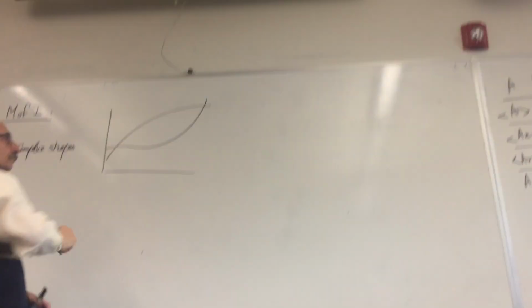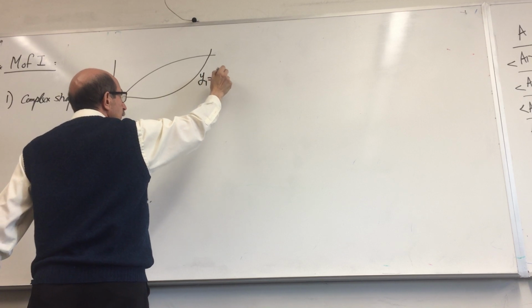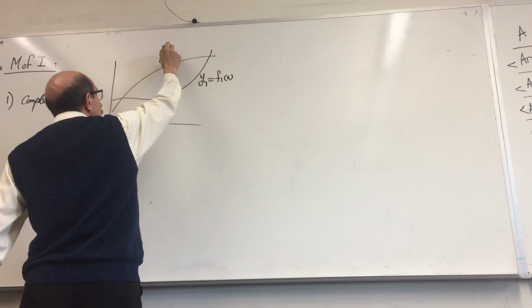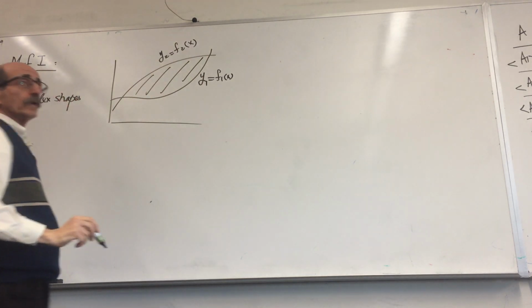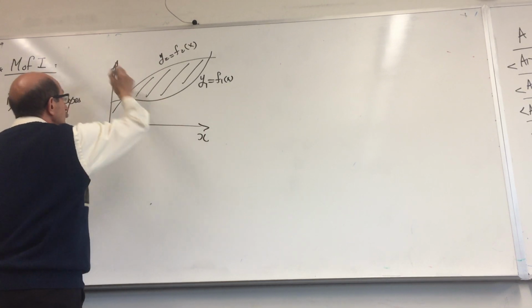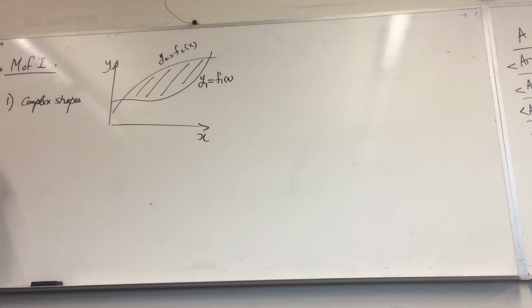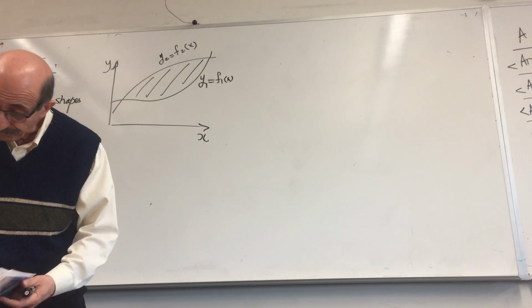Of maybe the intersection of two functions, say y1 equals f1 of x and y2 equals f2 of x. So you want to find the moment of inertia of this area with respect to x and y. And the second case, obviously, is the composite areas. Okay? So just very quickly, I'm going to do a quick problem here